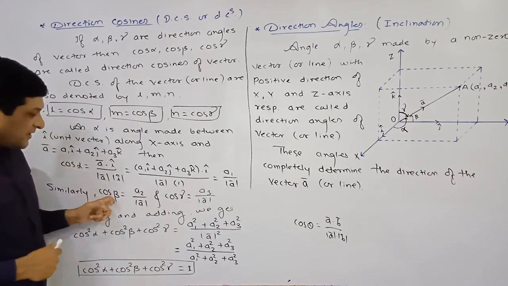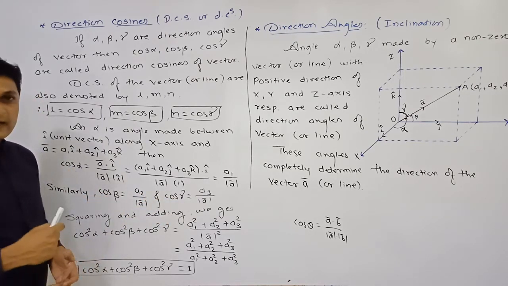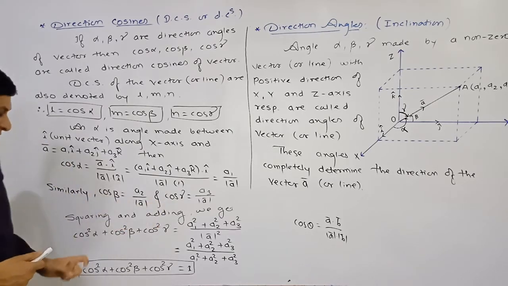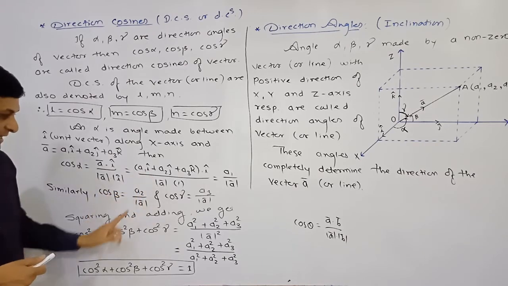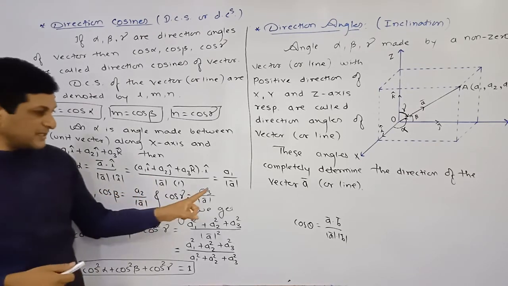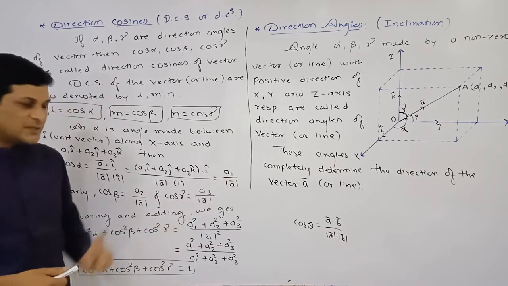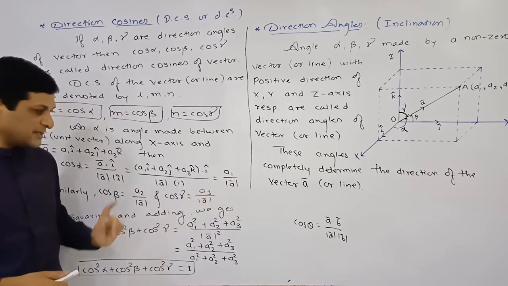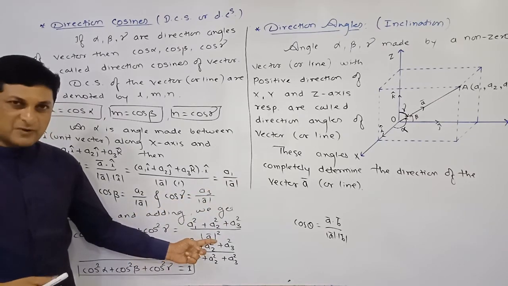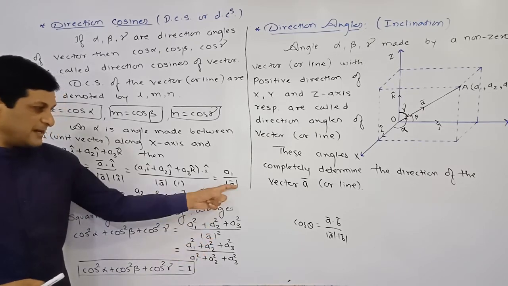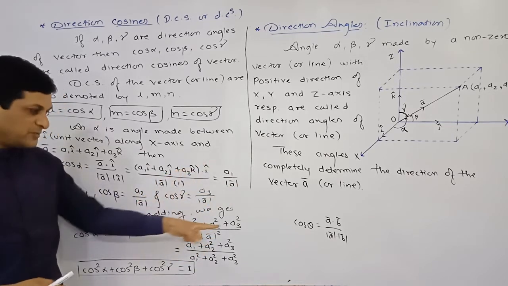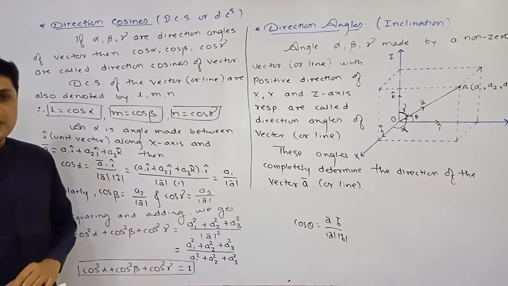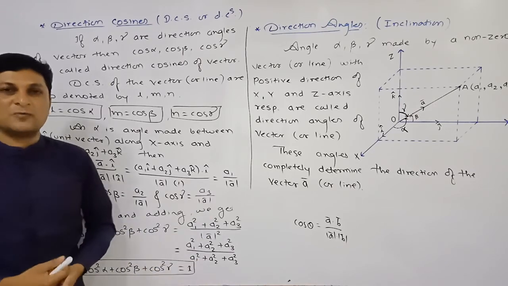Once the values of cos alpha, cos beta and cos gamma are known to us, let us check which condition these values satisfy. Now we are squaring and adding these three equations. So cos square alpha plus cos square beta plus cos square gamma. On this side also take the square. We are taking the sum of squares of these three values. So a1 square plus a2 square plus a3 square, and in the denominator, the denominators are the same, so here we will get the square of the magnitude of a bar. The denominators of these three terms are the same, so that's why we have taken the addition. Now let us simplify this side and see what we will get here.